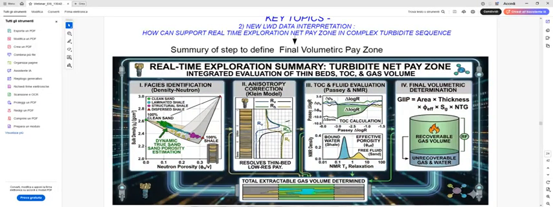What does it mean, thin bed resistivity? All of these have a high TOC content, but which one of these can be paid effectively and be used for the recoverable gas volume? The TOC and the fluid evaluation,